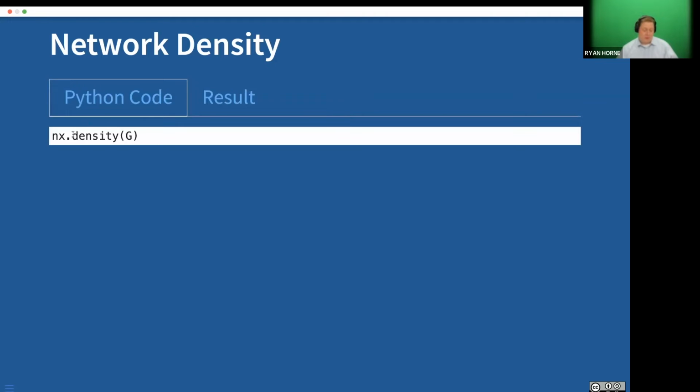Pythonic code, it's just one thing. You say, what is my density? And you get the result. A 1 is a completely dense network. So we're at about 7% of our total possible connections. It's dense enough. In Gephi,